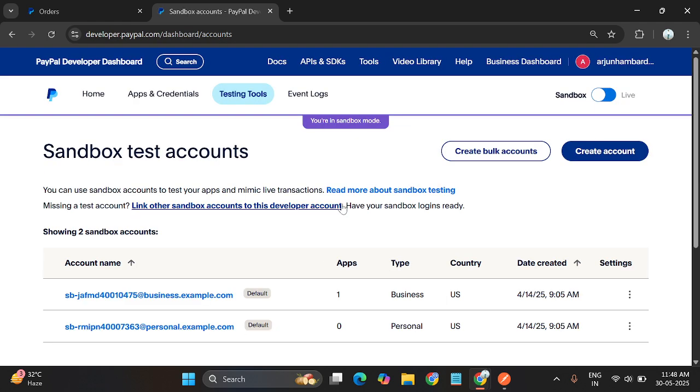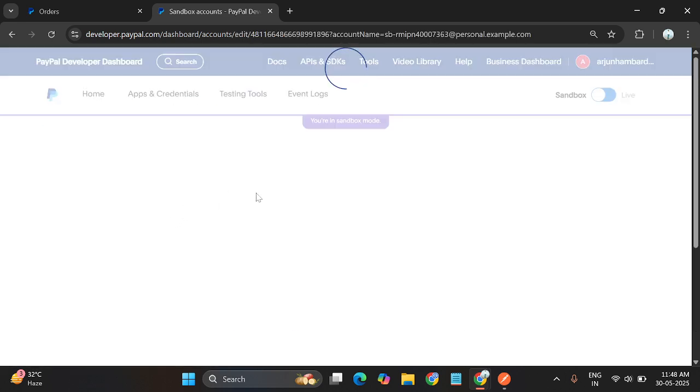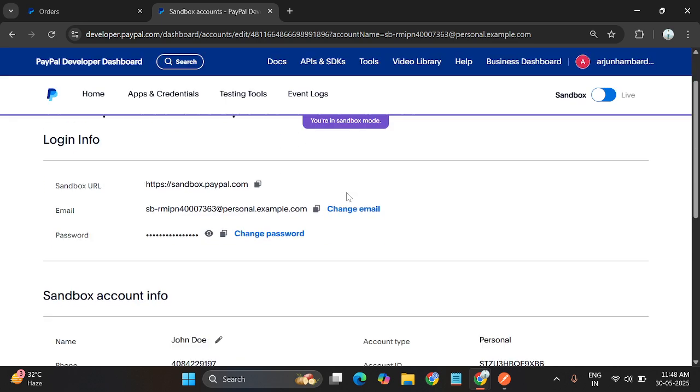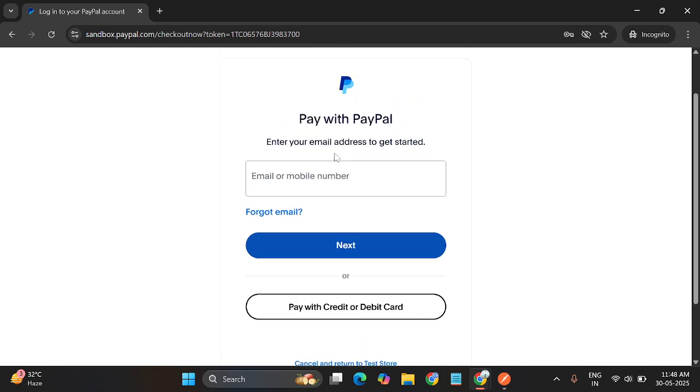It's BitLogger. Okay. On clicking the sandbox account, we get two accounts, personal and developer. We are using personal. If we enter this personal account, we will get an email ID and password. We are using this email ID and password to access the user account. First we copy this and paste it into the incognito mode, which we have created for pasting